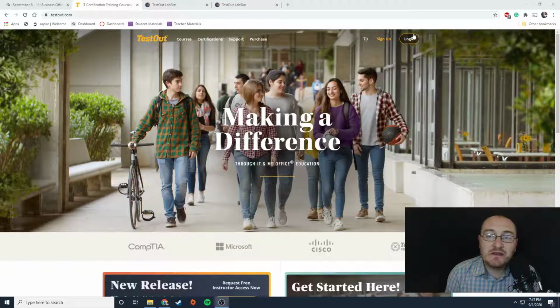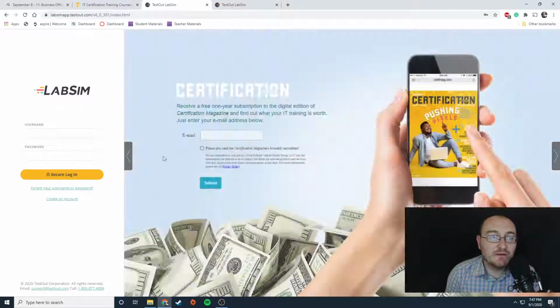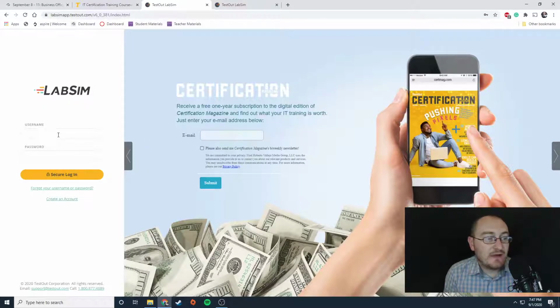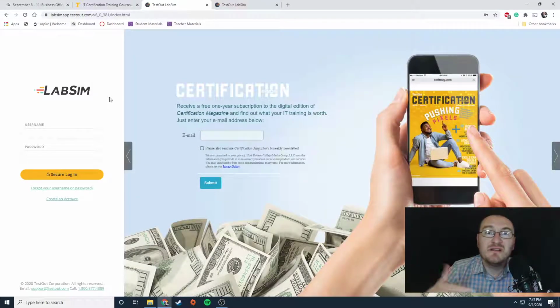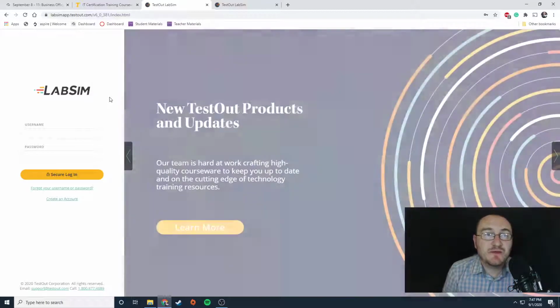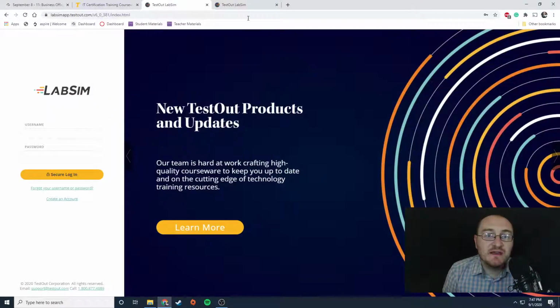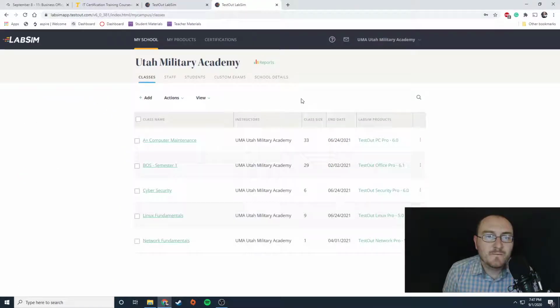So up here, you're going to click on this login button, and it will bring you to a screen that looks like this. Now, in this screen, you're going to put in your username and password. Your username and password have been emailed to you. If you don't see the email, let me know. It may just be a bit late, but you should by now have an email from me explaining what your username and password is. Now, once you've typed those in and click Secure Login, then you will see a page